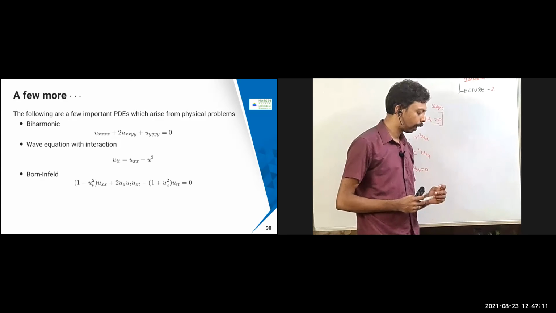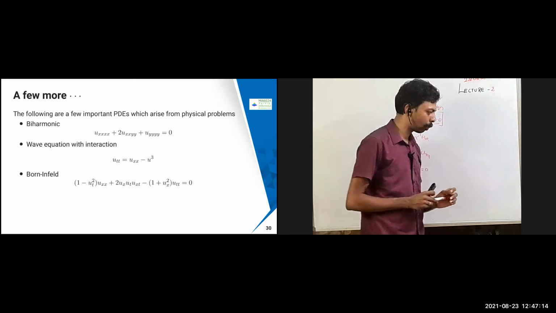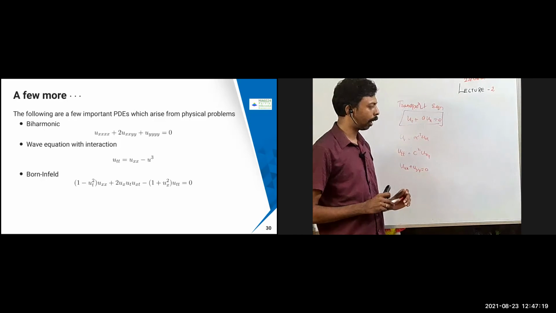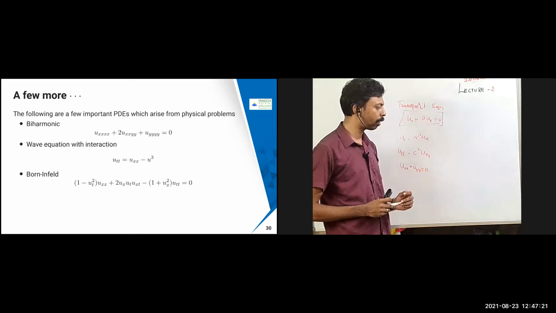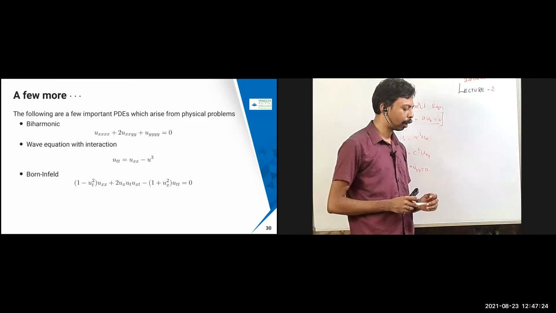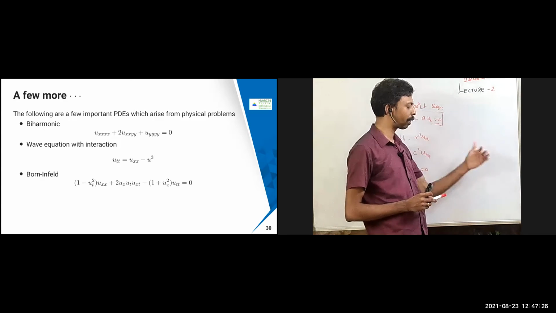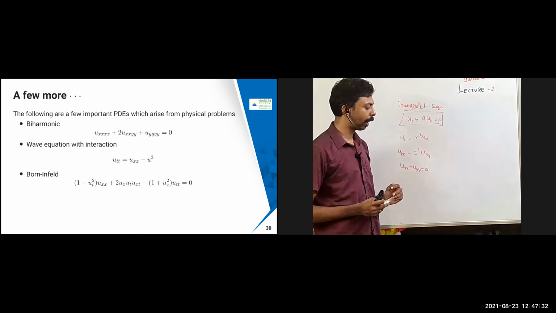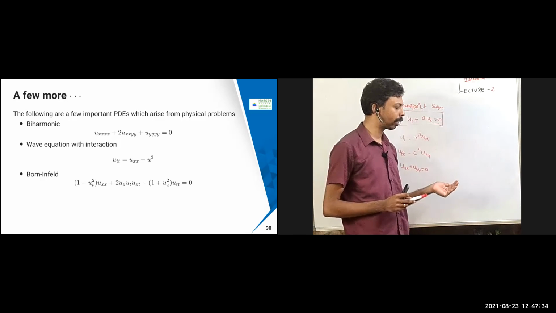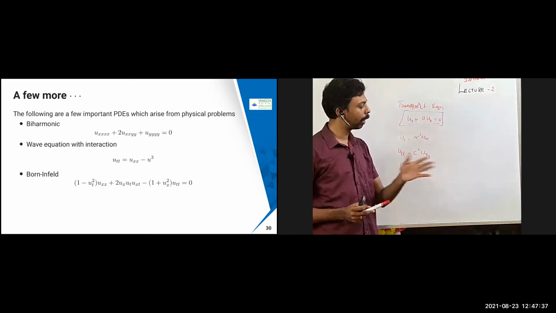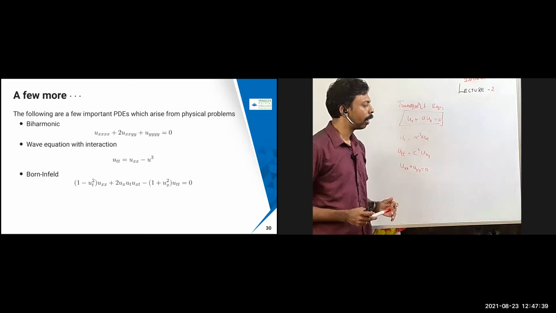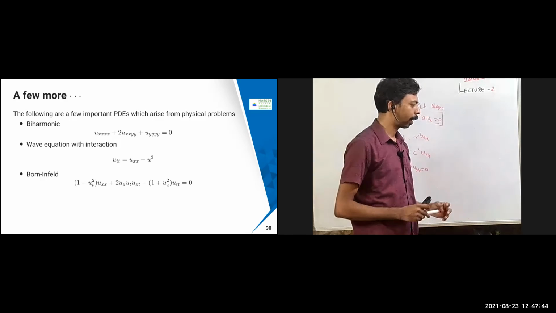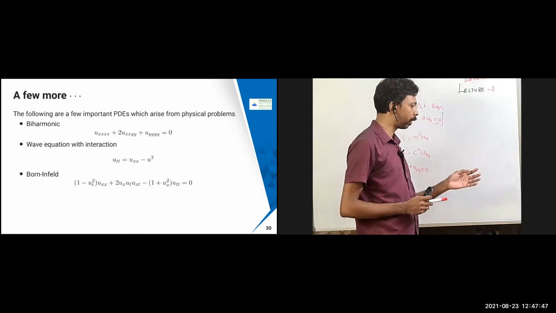And then the Born-Infeld equation is also used in many electromechanical engineering problems. Einstein was actually trying to derive this kind of equation for Maxwell's theory and some other theories, like the unified theory in physics, but he was not able to succeed. Then he moved to the theory of relativity because he felt he was not very good at partial differential equations. So that is one of the equations, Born-Infeld.